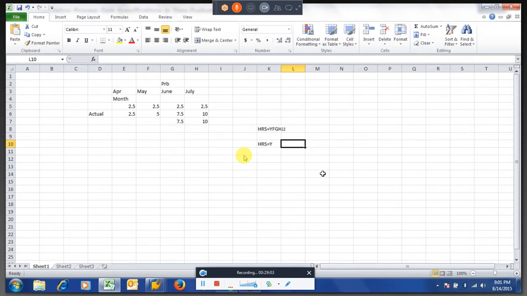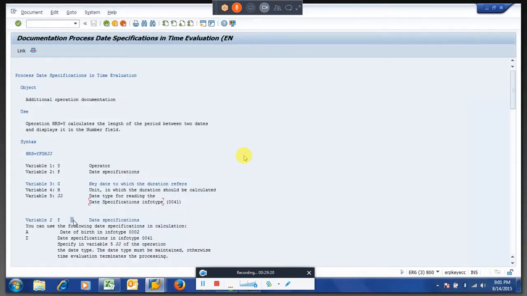Now what is F? What is Z? What is H? What is JJ? That you have to decode from the documentation. The documentation is clear, but you have to check like this. So first we will go for this F.